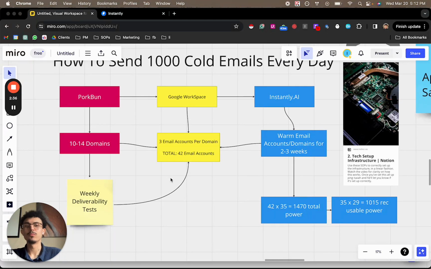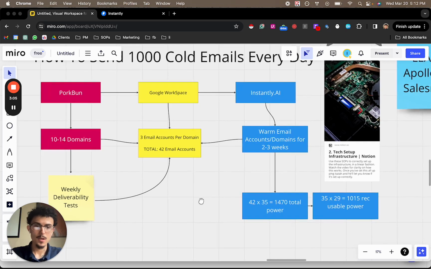I highly recommend you, if you have the capital, if you have the cash flow, or if you have a lot of money liquid, I would literally do this to the max, right? I would buy 14 domains. I would do 42 email accounts, because we really want to hammer the market with as much volume as possible, but with quality emails, right? So that's the nuance there, okay? And I have loads of videos on the scripts that I use in tandem with a system like this. So you can just go back and see literally the script I use word for word,